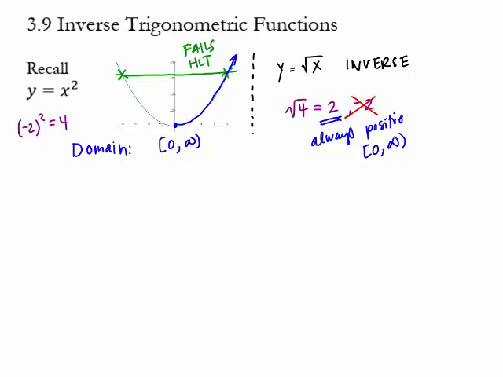Trig functions are sinusoidal curves, remember? I'll just sketch a quick one up here. Like here's sine. This thing definitely fails the horizontal line test infinitely many times, and so does cosine. So what we do is restrict the domain on sine and say, we're just going to look at this tiny slice of sine. We decided in trig from negative pi over 2 to pi over 2, just this little bit of the curve, where that's enough that we can get a little representative snapshot, if you will, of the sine curve,